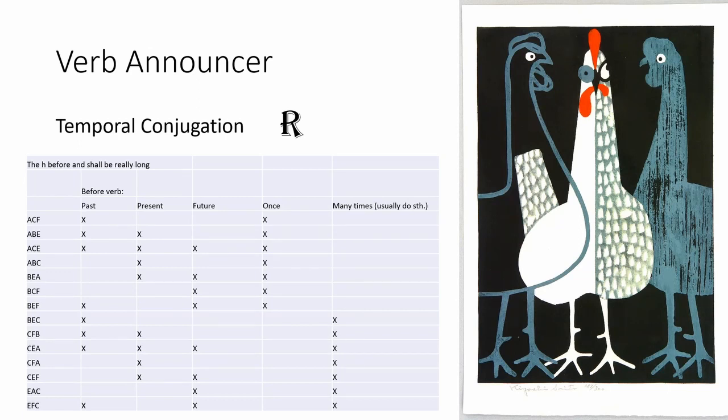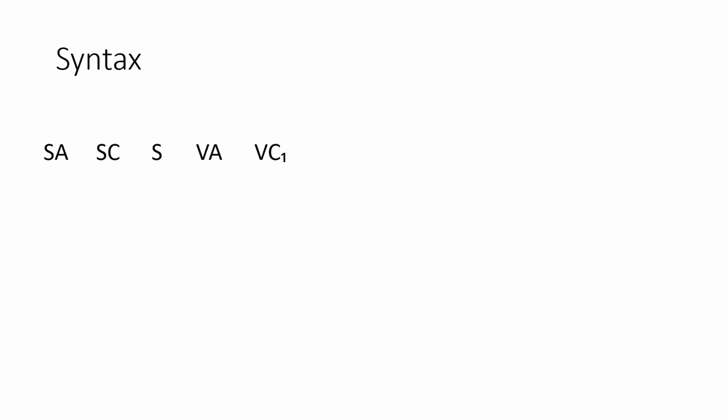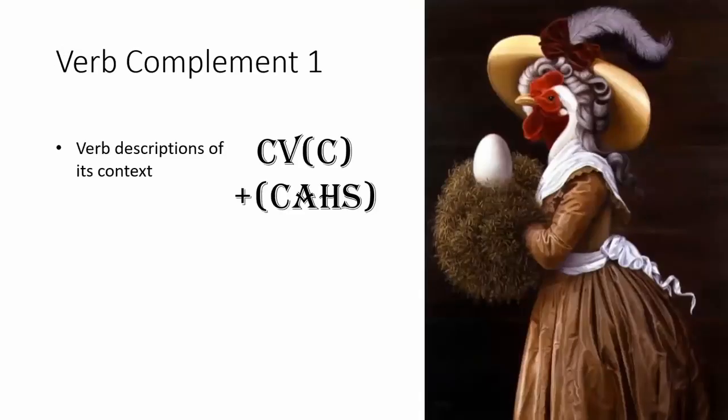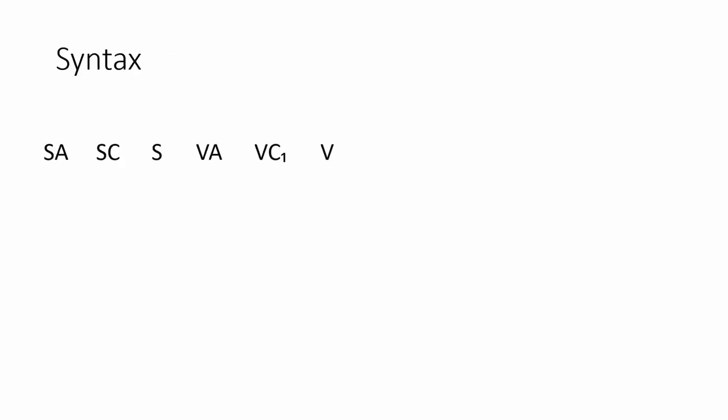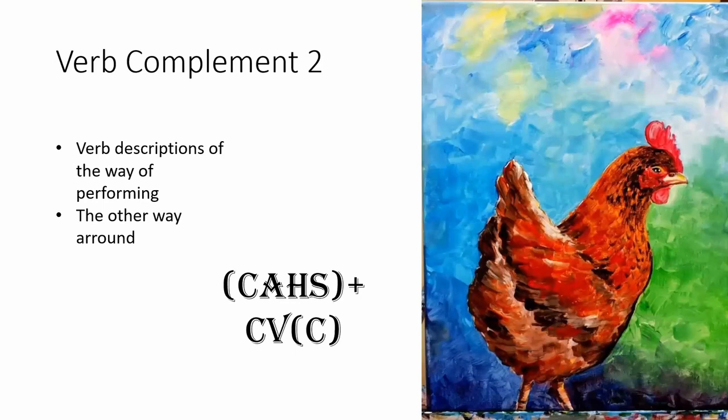However, before the verb in the sentence comes the verb complements 1. They give contextual information about the verb that follows them. I already explained how they work, the verbs, so let's move on. After the verb, follow the verb complements 2. They give information about the means of performing. However, it must be noted that the order of the complements is the other way around. The concept that is the most direct to the verb goes first, then the more distant ones. The indicators are the other way around too. They go now before the adjectivized or modified word.